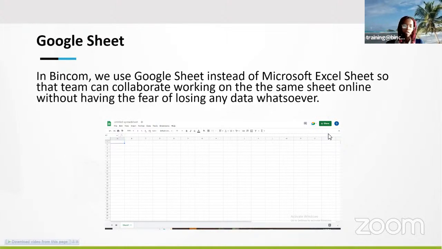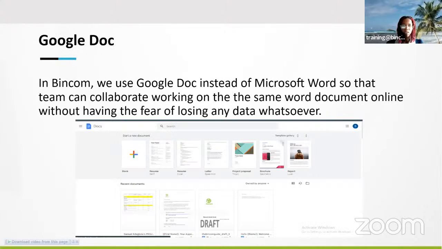But please remember at the back of your mind that any sort of document you create while you're in Bincom, and it has to do with Bincom, you need to make sure that a Gmail account called bincomict@gmail.com is the owner of that document. It's very important. It actually just helps us keep track of documents created, just in case you're unavailable or you left the organization. So this is how the Google Docs looks like.